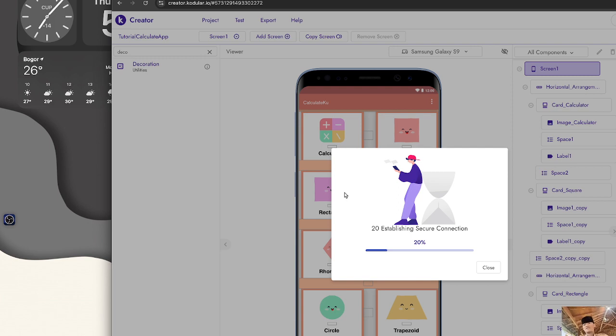I hope there's not going to be any error here. I hope it's going to be perfect. I hope, and nothing is perfect in this world. So I hope it's just going to run well. But waiting first. 20% connecting. If it's not going to work, maybe we'll just try to do it next time.